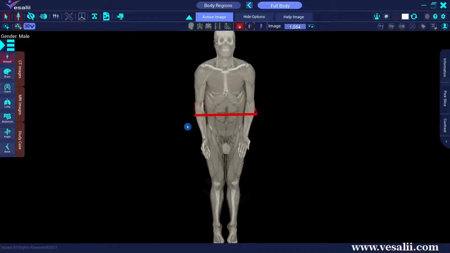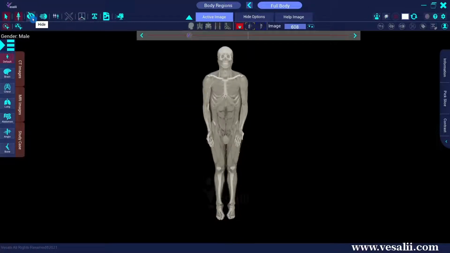To disable the Highlight tool, we can click on any area in the scene or click again on the Highlight tool button to deactivate the tool. The Hide tool allows users to hide the selected image or group of images. Two hiding options are available in the secondary toolbar, each providing a different hiding mode. The application activates the single Hide button by default, which allows the user to hide a single image.